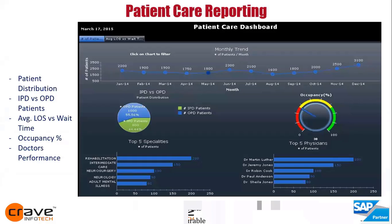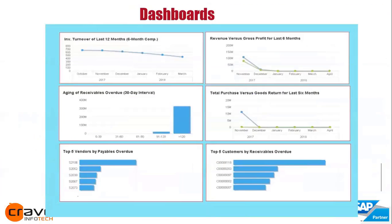Patient care reporting. This is one sample report we are showing here, but complex reports like this we can develop as per your requirement. Here you can see the monthly trend, how the trend is from January to December. Then patient distribution for IPD, OPD, your IPD occupancy. Who are your top physicians? Who are your top specialties? These are just examples, but with this kind of interactive graphical presentation, you can create reports,